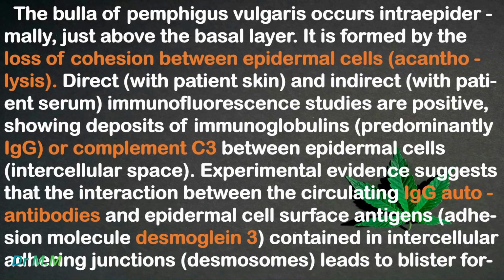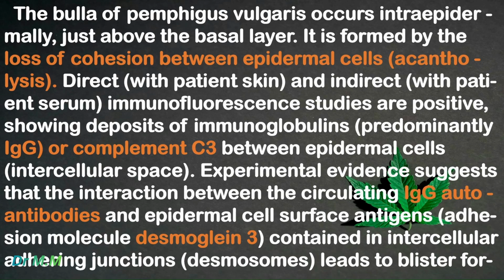The bulla of Pemphigus vulgaris occurs intraepidermally just above the basal layer. It is formed by the loss of cohesion between epidermal cells, acantholysis, direct with a patient's skin and indirect with a patient's serum. Immunofluorescence studies are positive, showing deposits of immunoglobulins, predominantly IgG or complement C3 between epidermal cells, intercellular